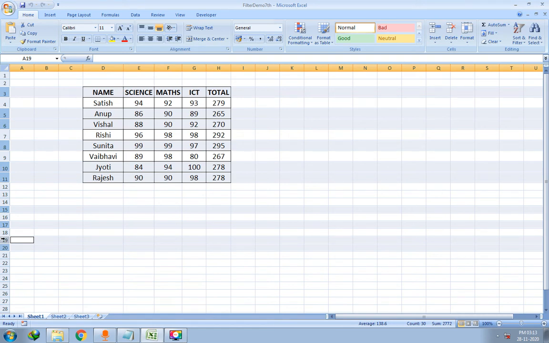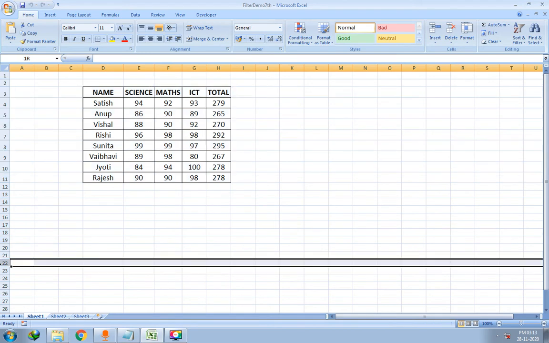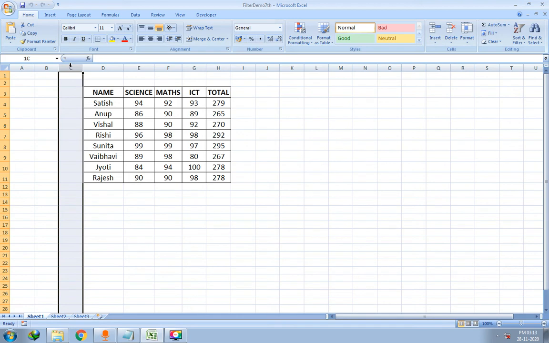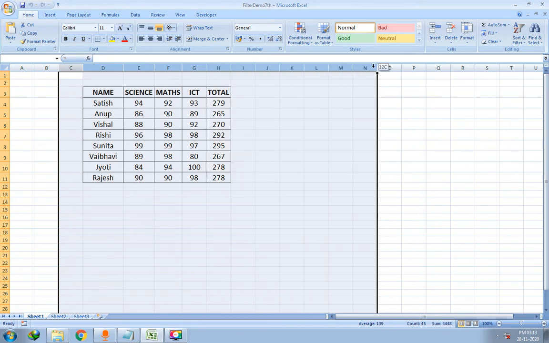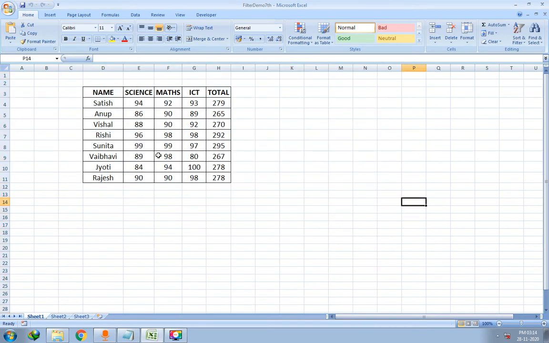Don't release that button. Now when you release that button, what will happen? Now I have released the control button. Suppose I am clicking on the 22nd row. Everything is unselected now and only the 22nd row is selected. Same way for columns. If you want to select adjacent columns, click the column and go on selecting. Don't move the finger from the click button. After selecting, just remove your finger from the left click button. Getting my point, everyone? So this is the way.